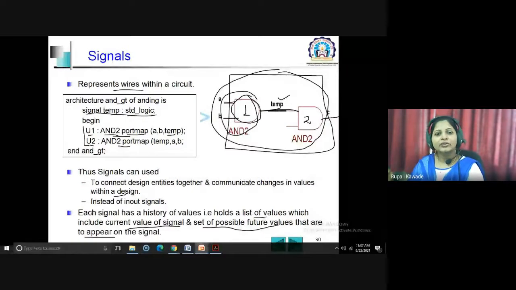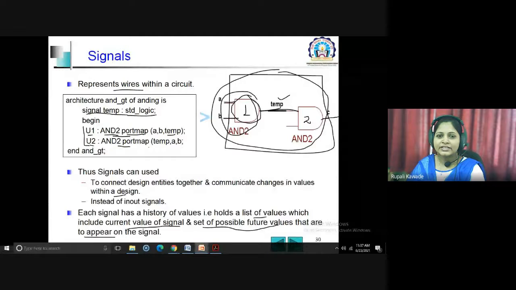Second AND. Now you can see the same component I have used, AND2, AND2. Why? Because the second AND gate is also similar. It is also a two input AND gate, and the functionality or working of both the AND gates will remain the same. So AND2 port map.